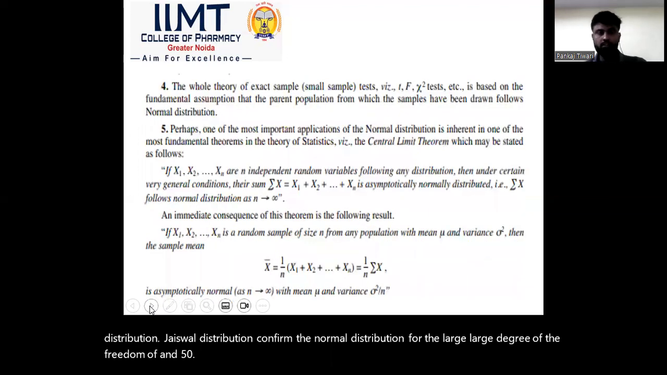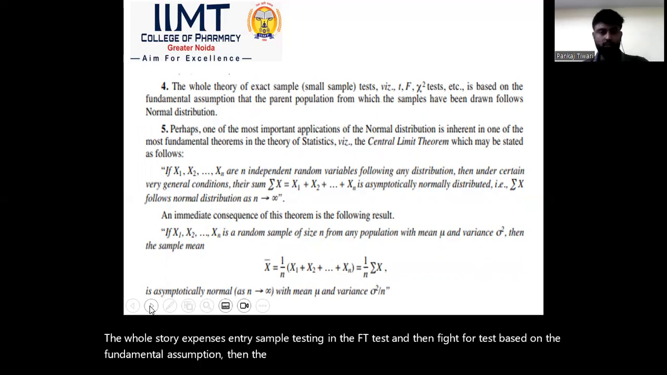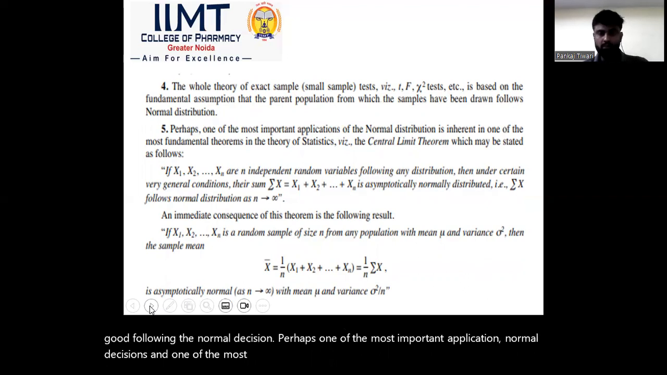The whole theory of sample testing, the t-test and the chi-square test, is based on the fundamental assumption that the parent population from which the sample has been drawn follows the normal distribution. Perhaps one of the most important applications of the normal distribution and one of the most fundamental theorems in the theory of statistics,